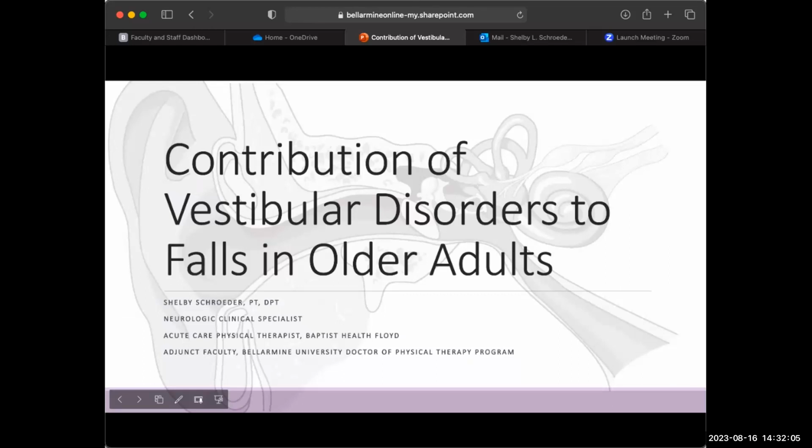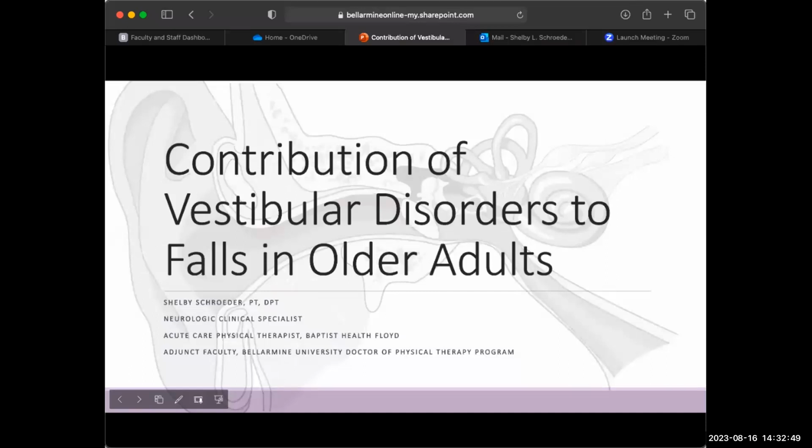Okay, so no disclosures to report. This is what we're going to go over. I know this is the last one of the day. I'm sure today has been great, but let's talk about some dizzy people. We're going to talk about normal function of the vestibular system or the inner ear. I'm talking about the inner ear when I say vestibular, and highlight some considerations for older adults, talk about different types of causes of dizziness and how a physical therapist would help treat and prevent. And then I have a case review if I have time at the end.